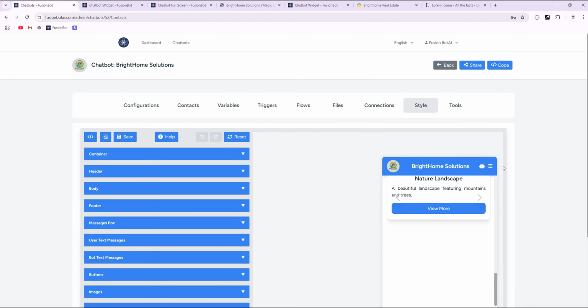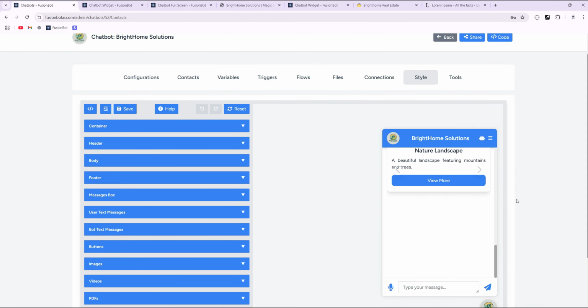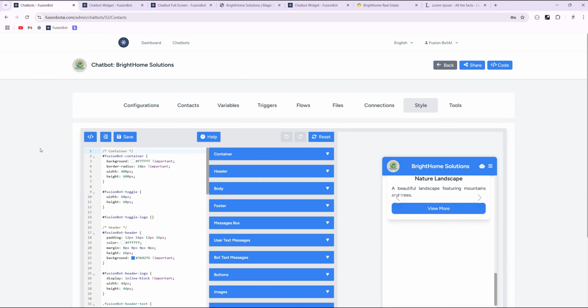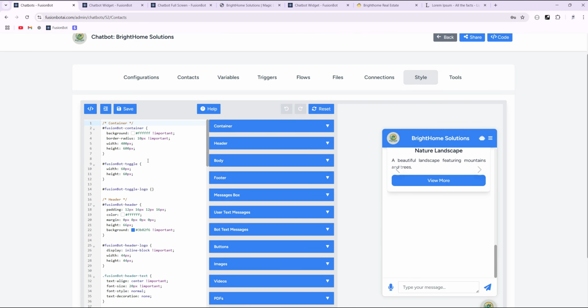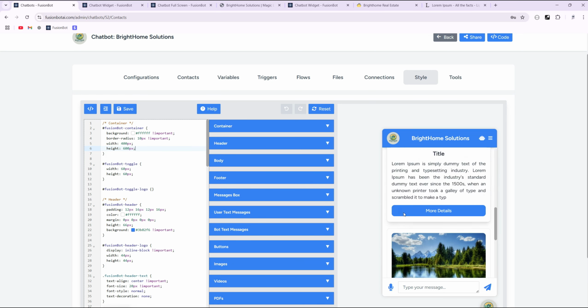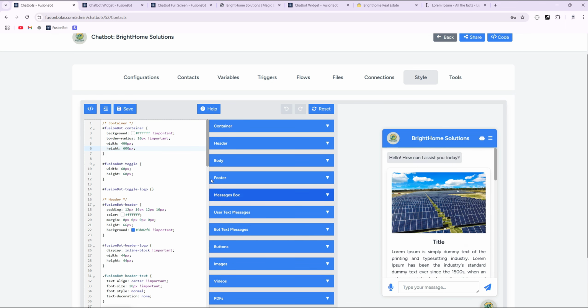Okay, so this is the style video. If you want to style your chatbot, there are a few other options that you can do. If you want to make it more advanced, you can use the CSS code. This is called CSS. It will have a lot of other options, but it needs an HTML developer or someone who understands CSS. Or perhaps if you want to change it, you can, for example,